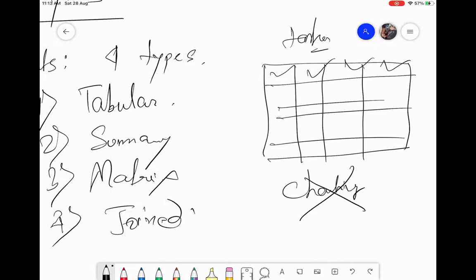What is a summary report? On this report itself, if I add a summary on one of the columns, I can choose another column for grouping. At minimum, one column is chosen for grouping and another column is chosen for calculation. What calculations are possible? Sum, average.